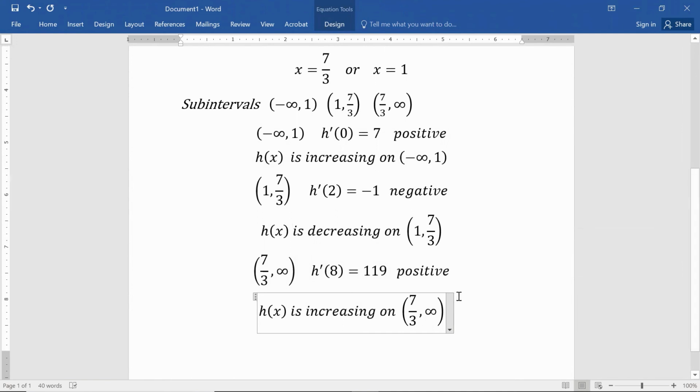And just to remind you again, in this case, we swap from positive to negative to positive again, or in other words, from increasing to decreasing to increasing. There are some functions that would go increasing twice in a row or decreasing twice in a row.